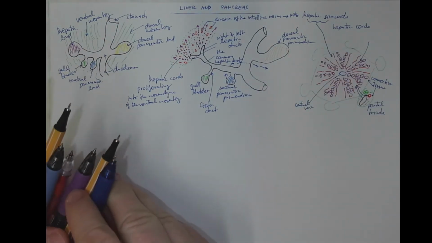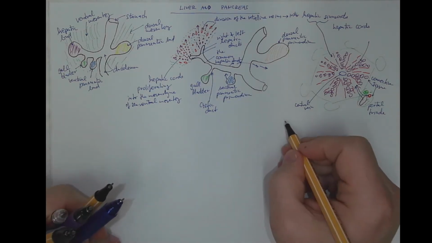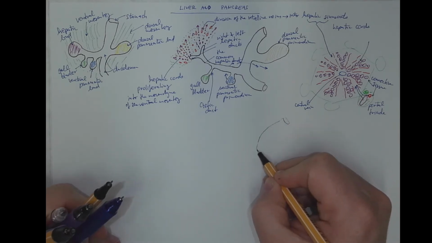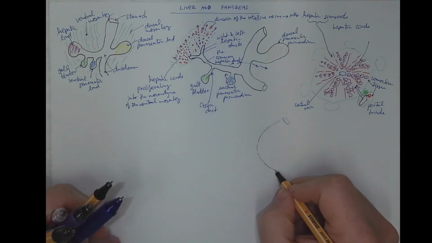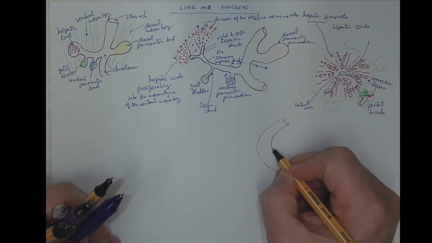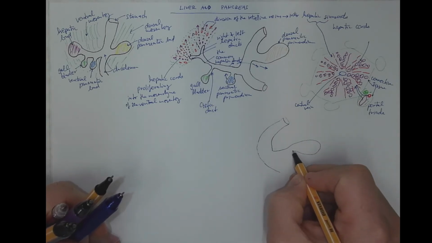So after this rotation, we got the duodenum here, the original dorsal pancreas with its duct,